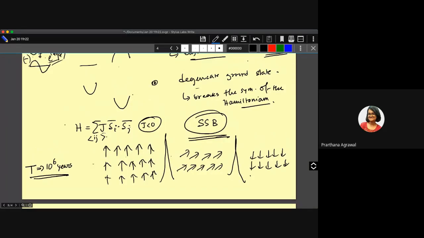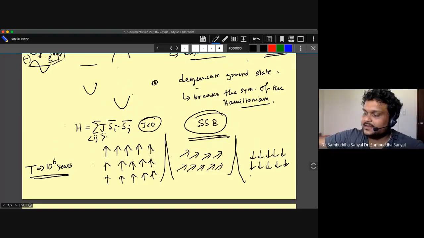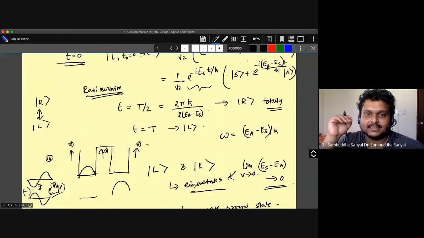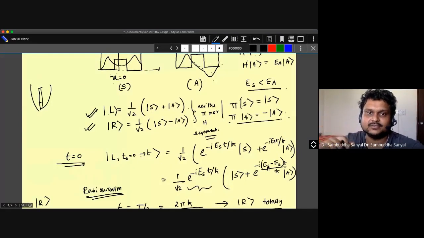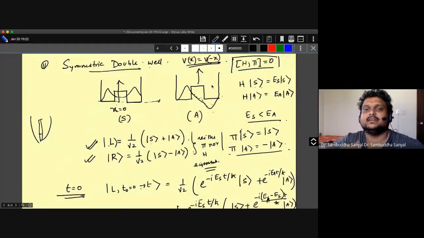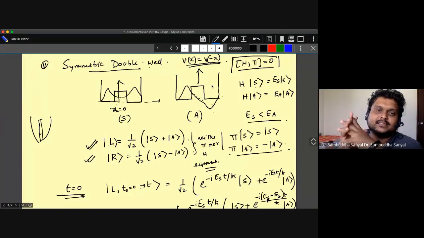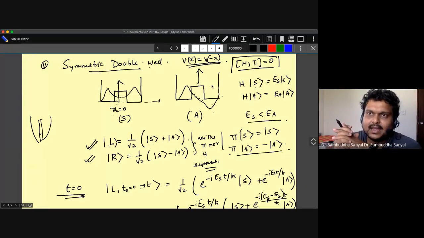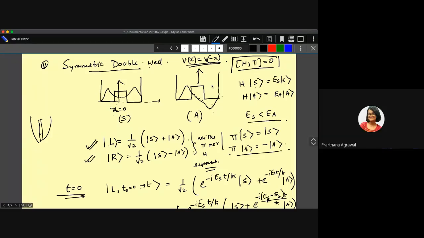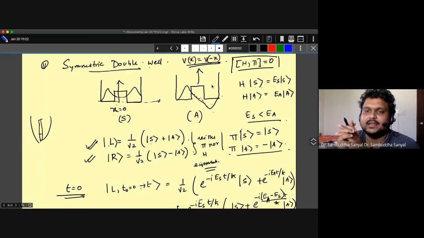Does it happen only for ground state degeneracy? Yes, it is for ground state. The statement is very interesting for the ground state actually, but in higher states it is, wait, let me think. In higher states it can happen, but you don't care about it because a higher state anyway breaks the degeneracy, right? For example, if you see a parity even Hamiltonian like the simple harmonic oscillator, a higher state is parity odd, but the ground state is always parity even, right?